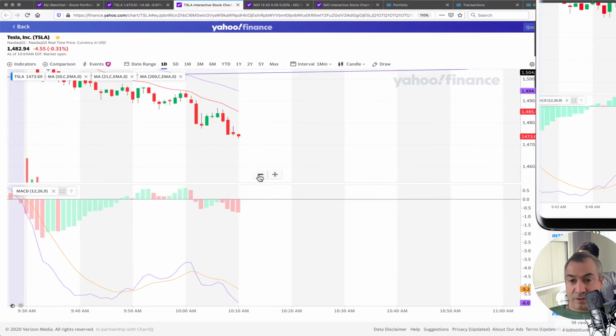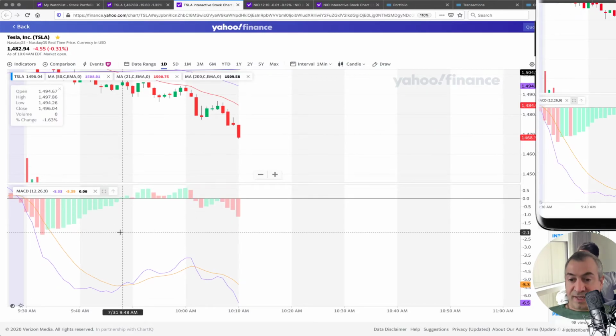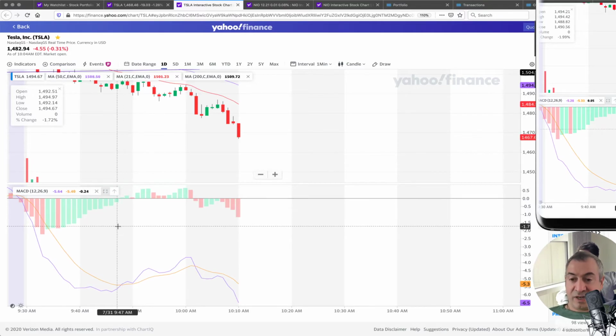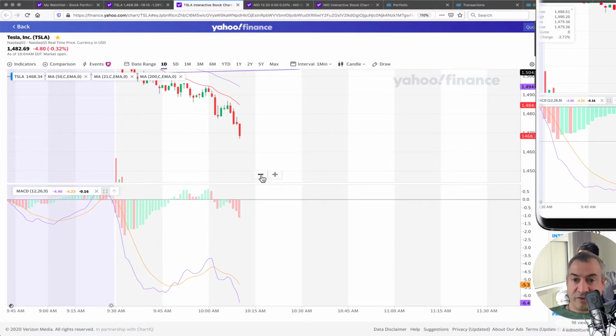Before, we were going to check what's the change, how fast it was going to change from this point to this point, the direction. Is this correct? It's like 10 minutes only, and before it took 28 minutes to get to this point of change. So basically, Tesla is in a very steep downtrend,